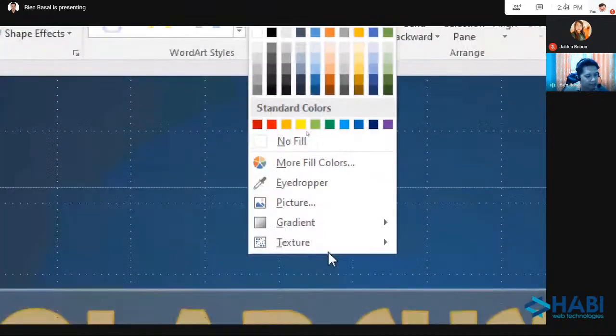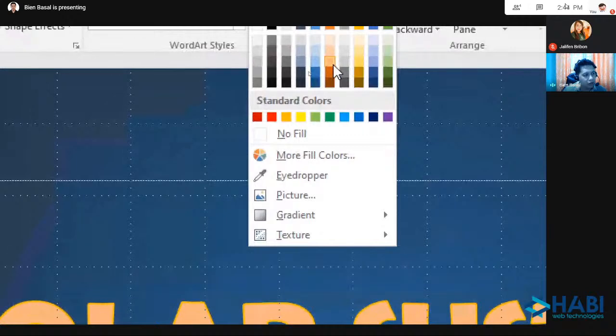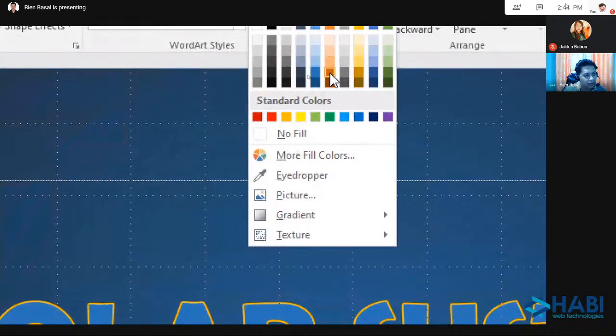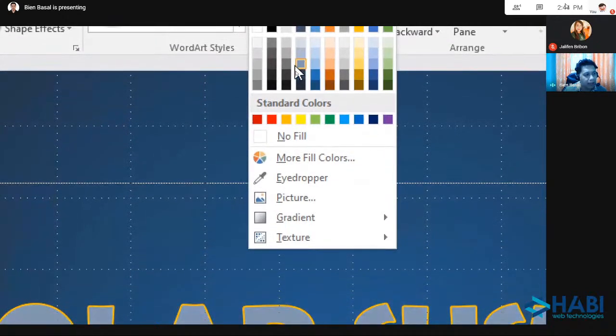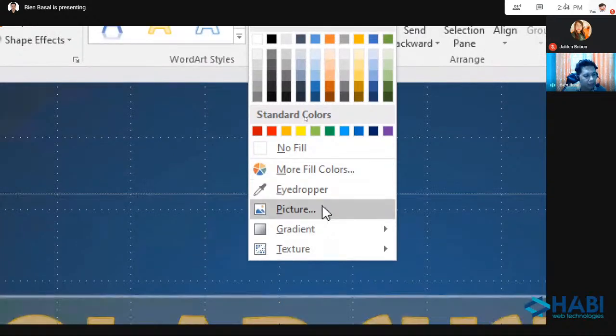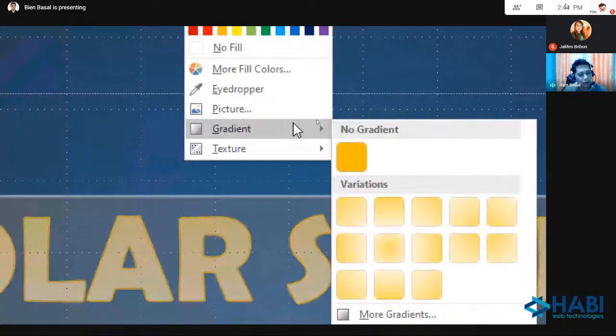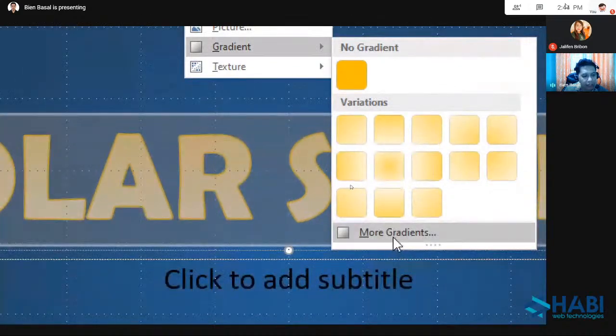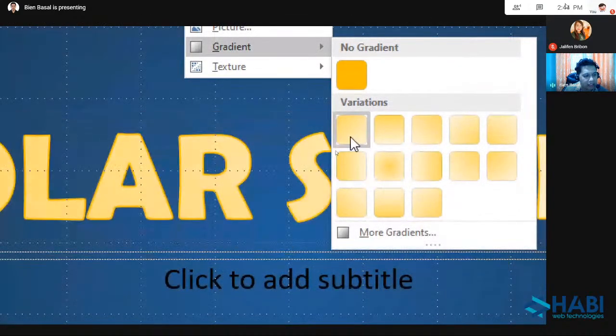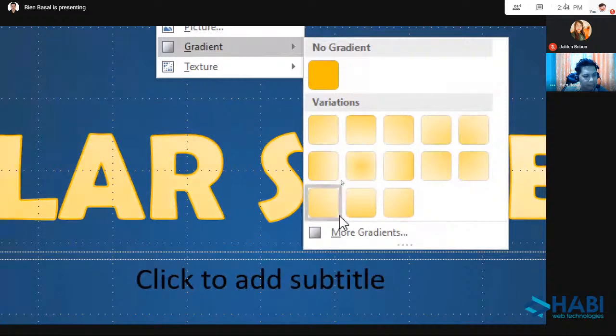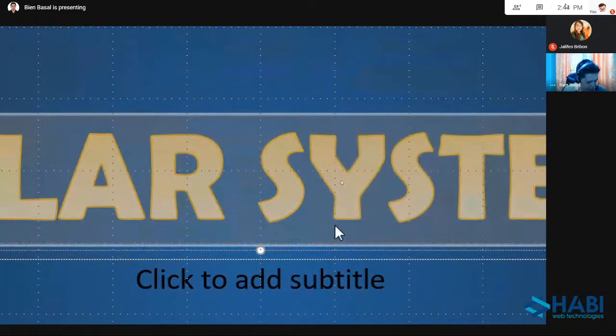You can change the font color into a plain blue, plain green, plain yellow, but we have gradient options. Since I selected the dark and light yellow combination of gradient, I can select more gradients here, or I can change the shade.